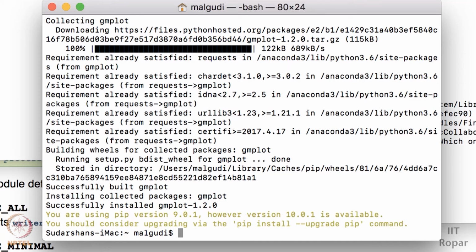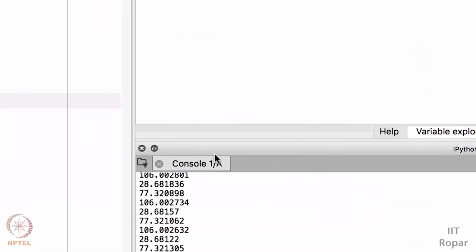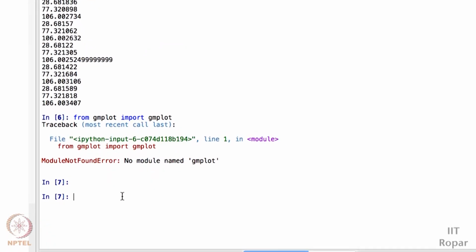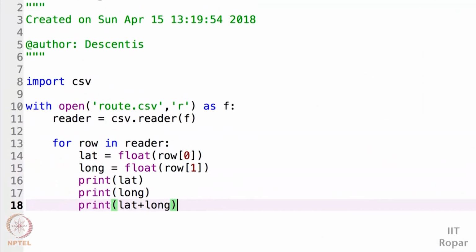Okay, it says successfully installed gmplot version 1.2.0. Let me try this command again. You can see it has been imported, so it means that I can use this library now.